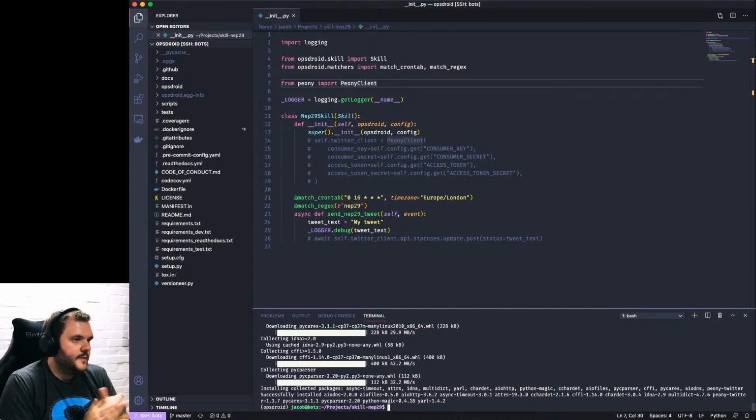what I'm going to do now is, let's get an example configuration. Let's do Opsdroid.